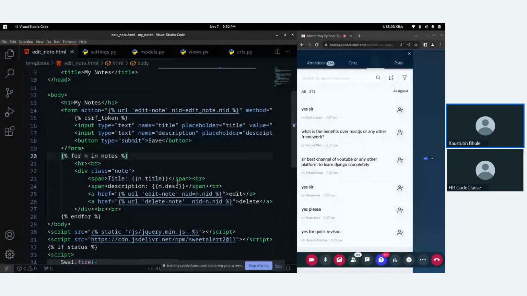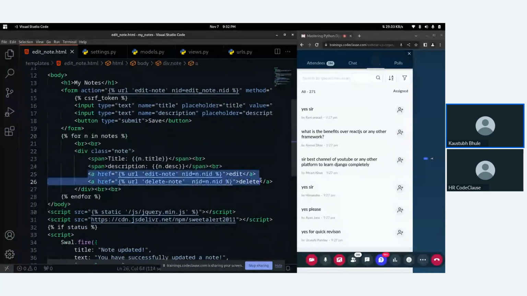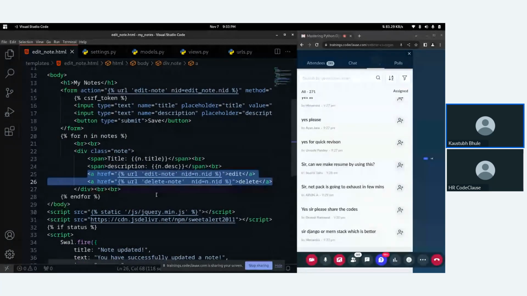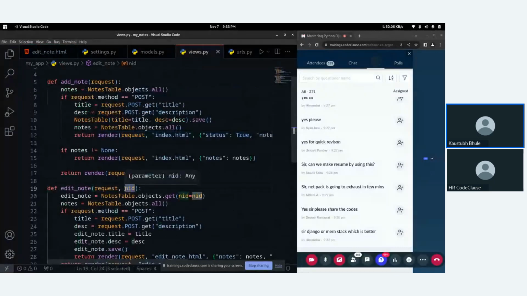Then, to send the data via URL, you need to write a URL like this using the URL syntax, followed by the variable name which you want to use in the views. For example, in views, I want to use a variable as NID.